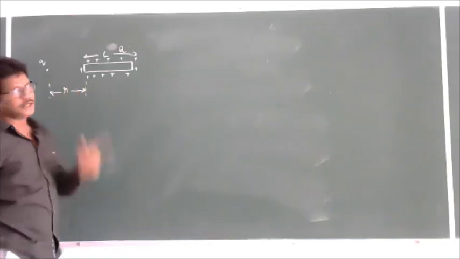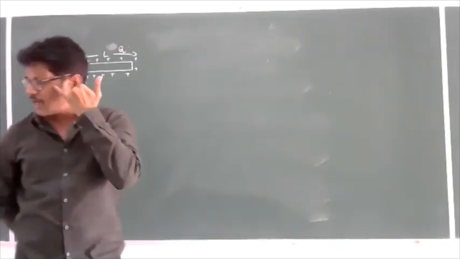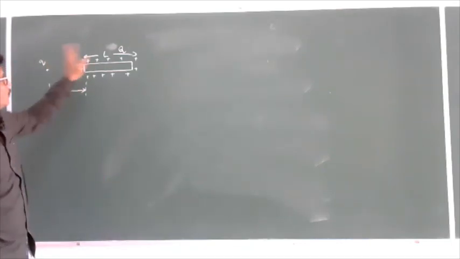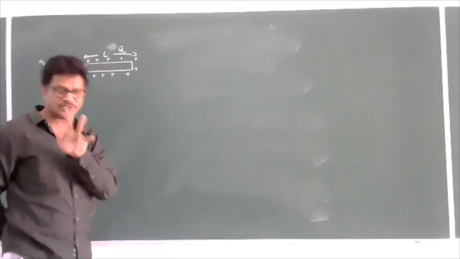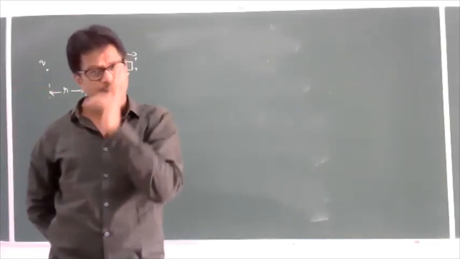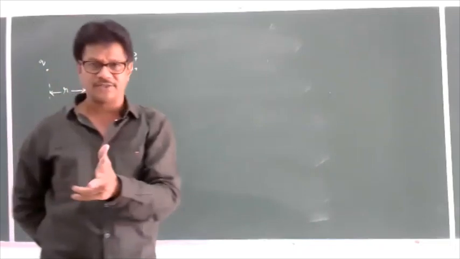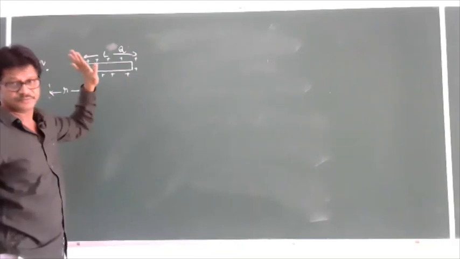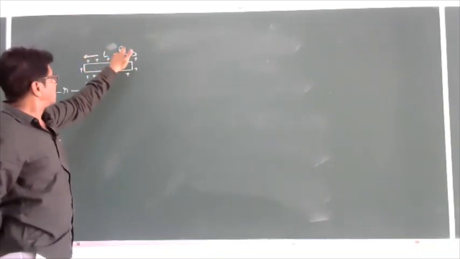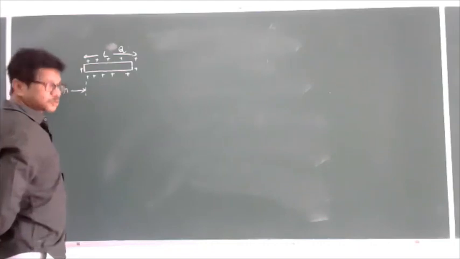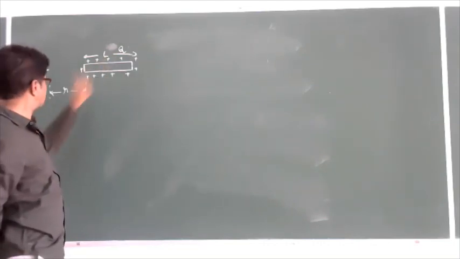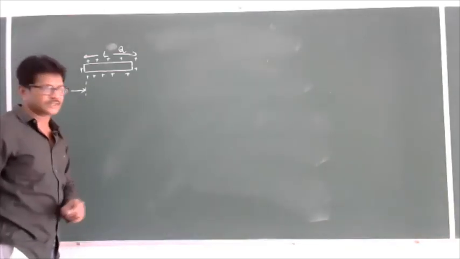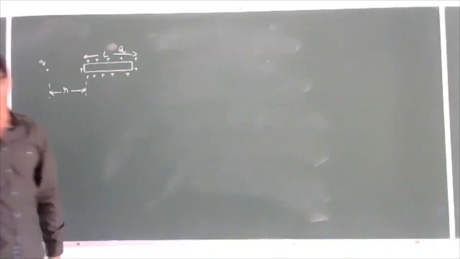Blindly, we cannot apply Coulomb's inverse square law here. As I discussed earlier, Coulomb's inverse square law will be used to find the force between any two charges, if those two charges are located at fixed points. But here, we don't know where this charge Q is located, at what distance from small q. Because once you know the distance, then only we can apply Coulomb's inverse square law. In such a case, we'll go with a different scenario here.